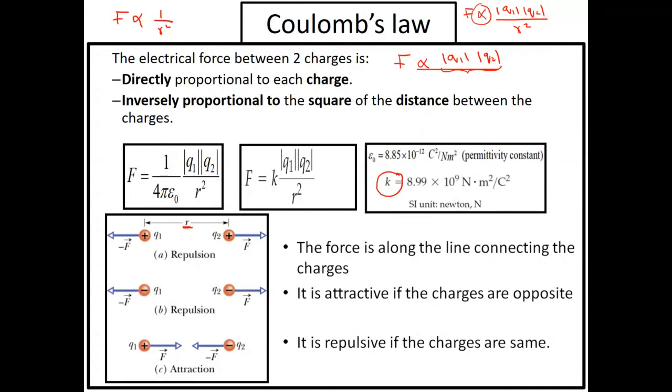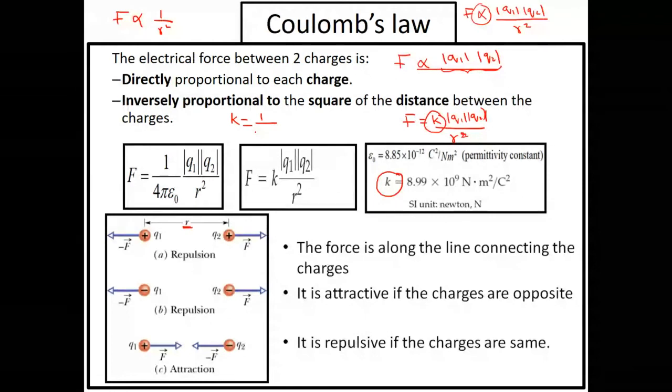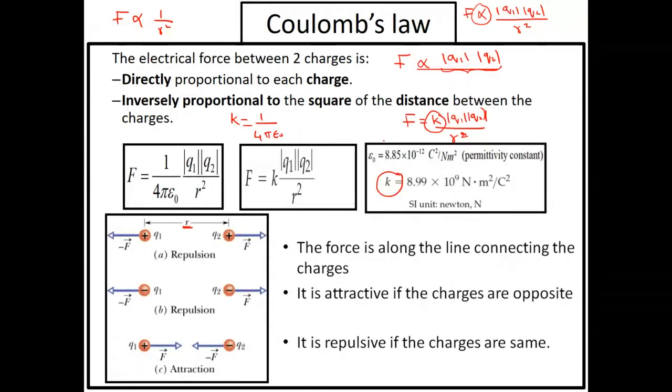So if you replace this proportionality symbol, how can you write? I can write F equal to K multiplied by the magnitude of the product of the two charges divided by the square of the distance between these two charges. Now what is the value of this K? K is called Coulomb's constant, which has the formula 1 over 4 pi epsilon naught, where epsilon